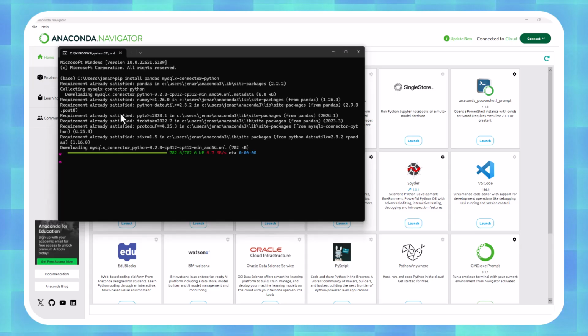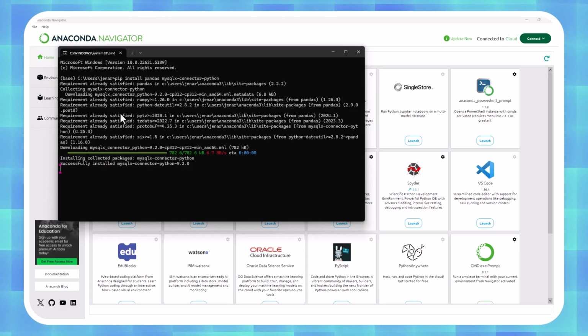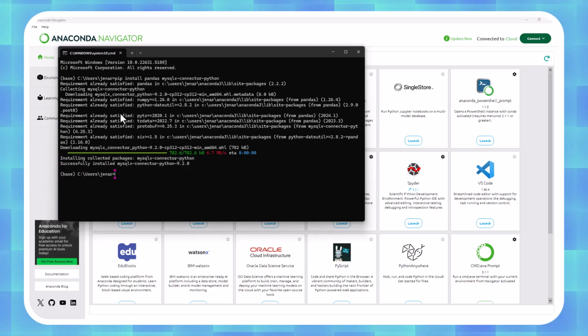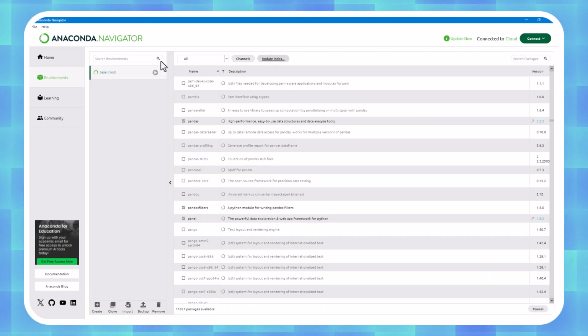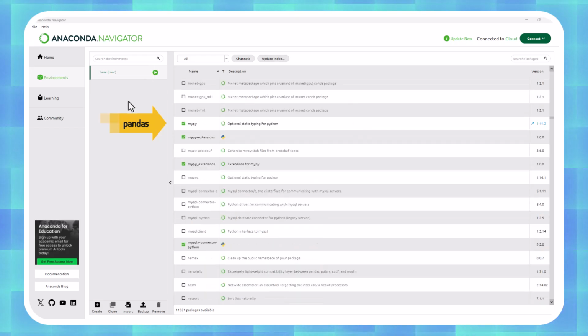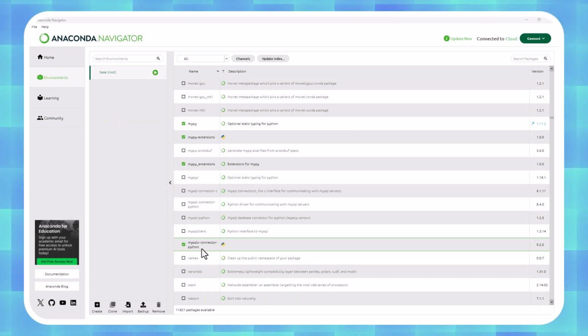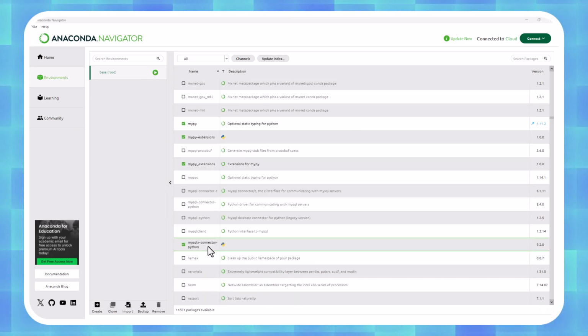It will take just a few seconds to install, and we can check that both are available for us to use. Going back to Anaconda Navigator, inside the environments we can see the libraries pandas and MySQLX connector are installed.